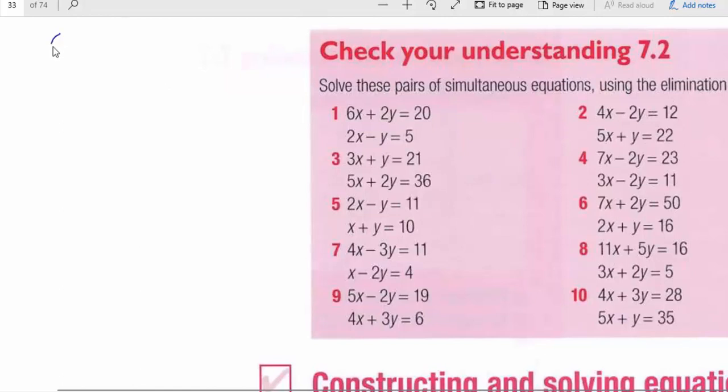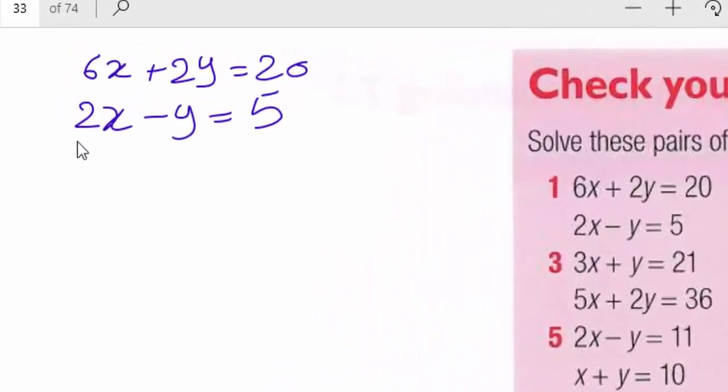Question 1, we have 6x plus 2y is equal to 20, and 2x minus y is equal to 5. Okay. If you don't see the same variable, like here we have 6x, we don't have 6x here. Here we have 2y, we don't have 2y here. We have to make one of the variables the same. Then it's easier to make the 6x out of the 2x if we multiply the second equation by